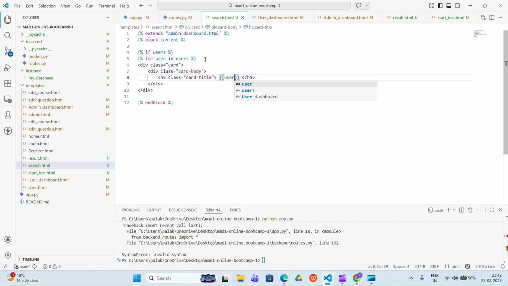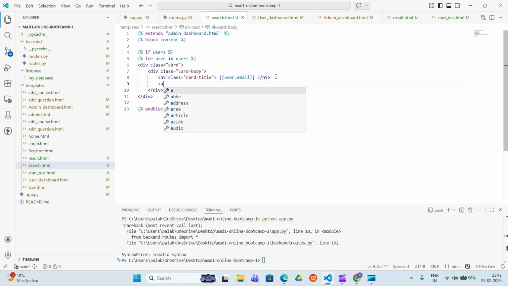So you can just write here user.email, and here you can give the link of a particular user dashboard. So you can give here a href equals to slash user slash email. So you can give the particular email id here. Sorry, this one is user.email.